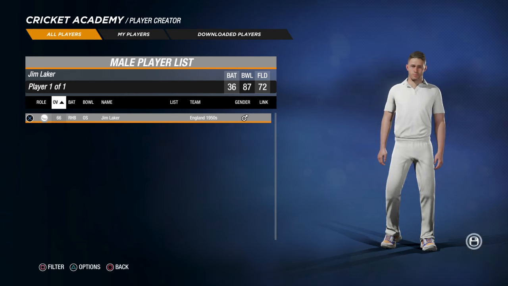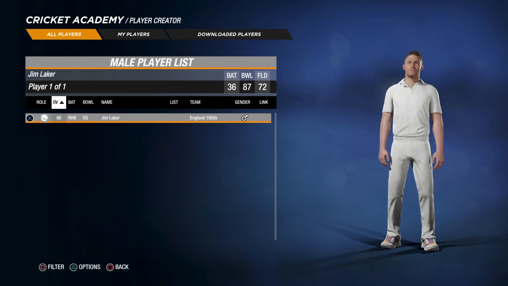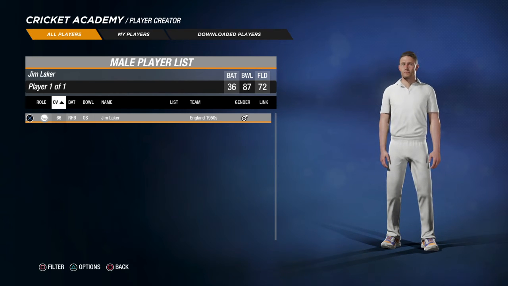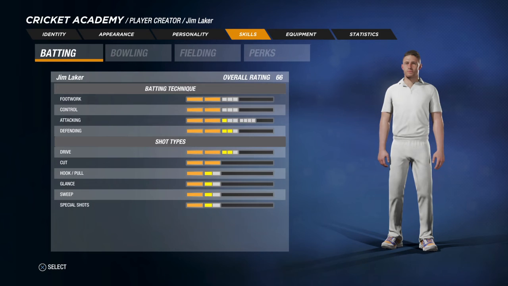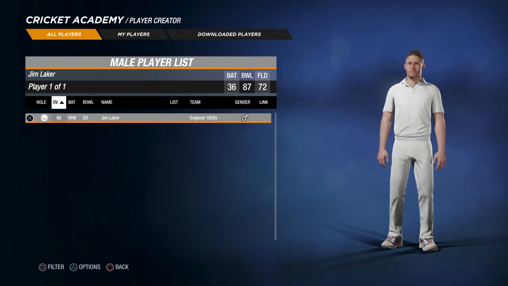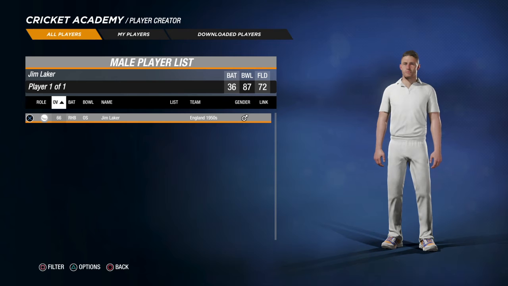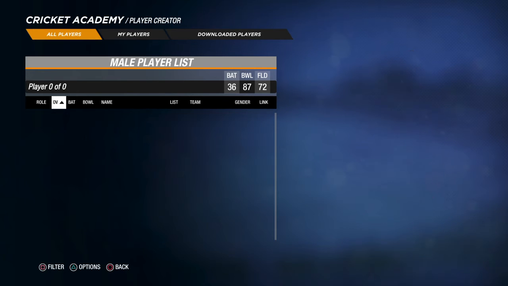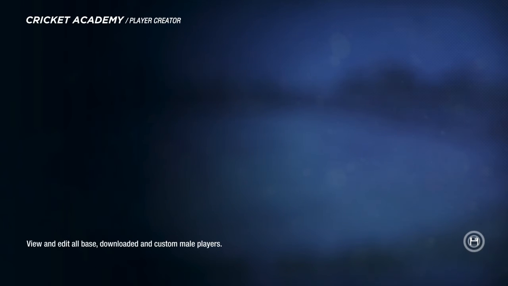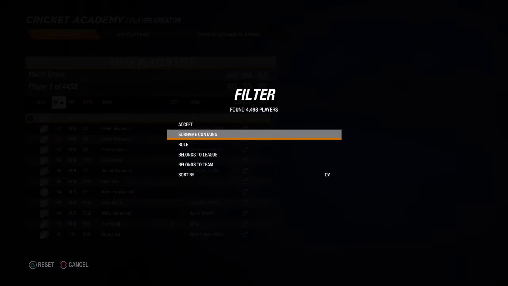Okay, so at the moment, here he is, 36. I want to try and get him to, that's about right. You start to get a feel for Jim or these players. With the bowling, as I can see, he's 87. Again, that's about right. So I already know that when I'm doing my stats for my players, Jim Laker is,